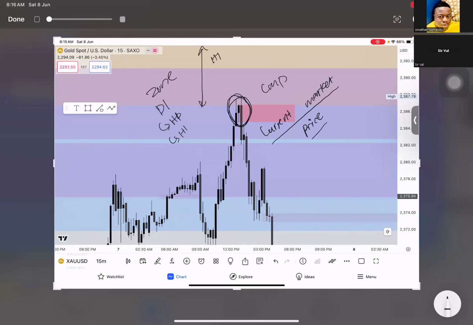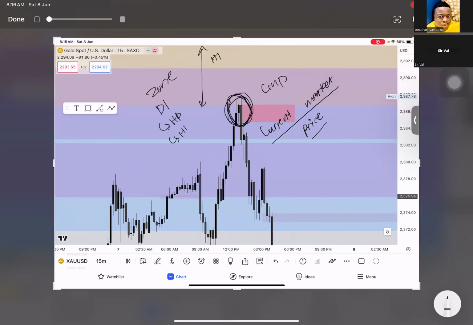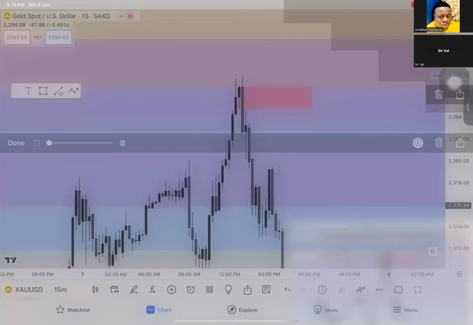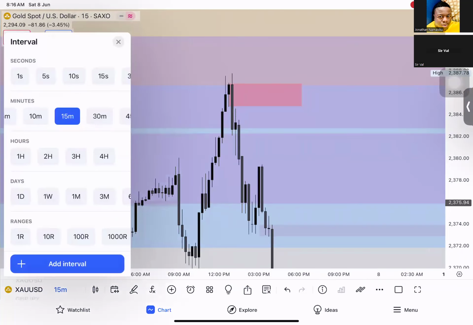So for now we have a CMP. We need to focus on CMP because we have a zone, a 2 months zone, so we don't know which zone price wants to respect. That's why after price has created the CMP, I will enter based on CMP. Price didn't have a pullback, so I just skip.